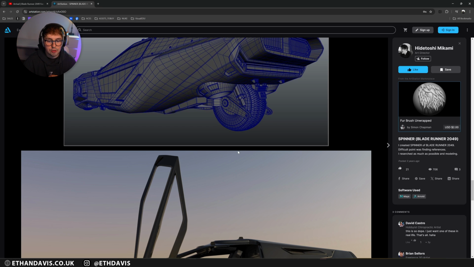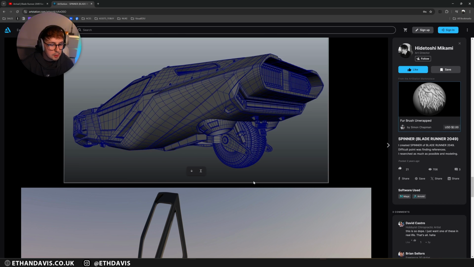I mean, in the industry, not everyone works on everything. Some people are very specialized in hard surface or texturing or rigging, and obviously nobody is going to be amazing at everything. So bringing other people together, especially when you are true to your word and you say you're going to reference them and give them credit, I think is quite a good thing to do in the industry. And yeah, this saved me loads of time. I mean, this would have taken me hours to model, and then it would have taken me ages to get to the stage where I was building the set and stuff like that. So this was a really cool situation that happened.